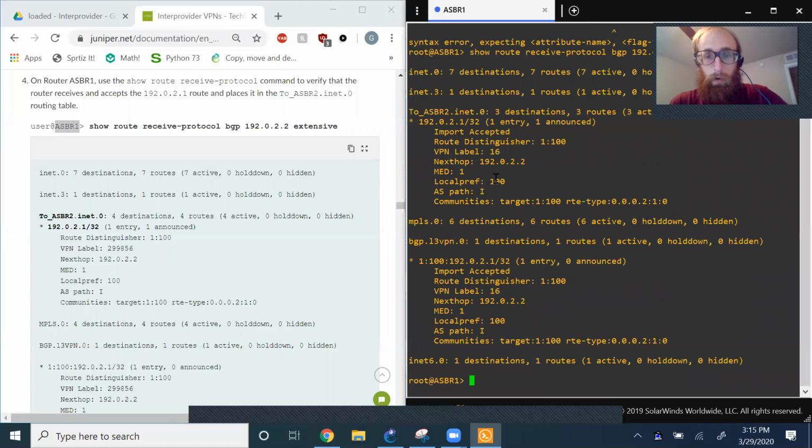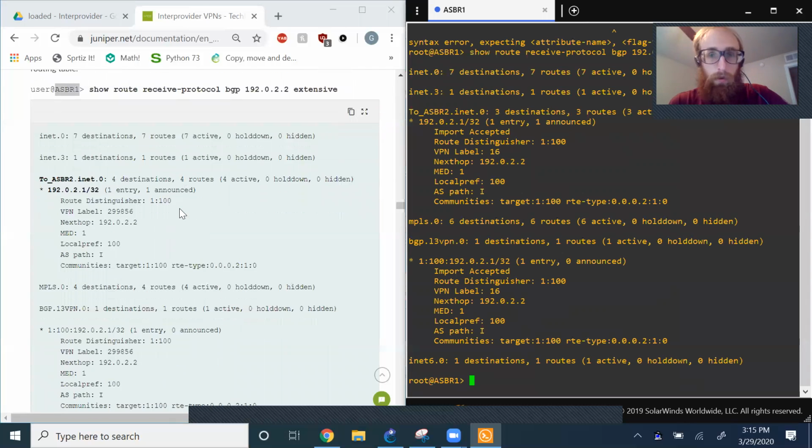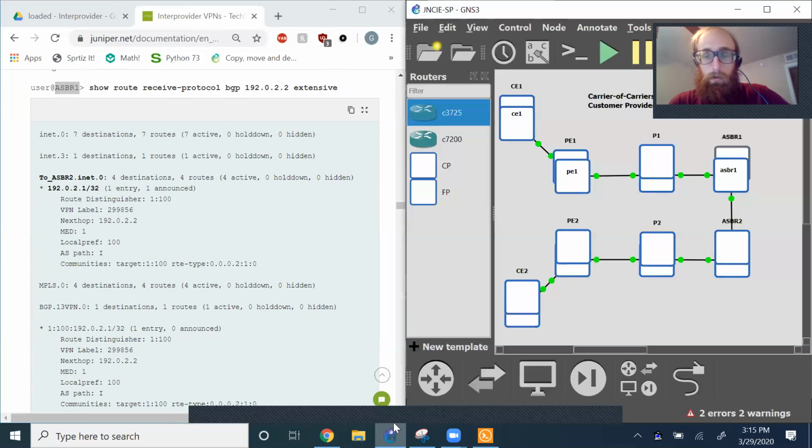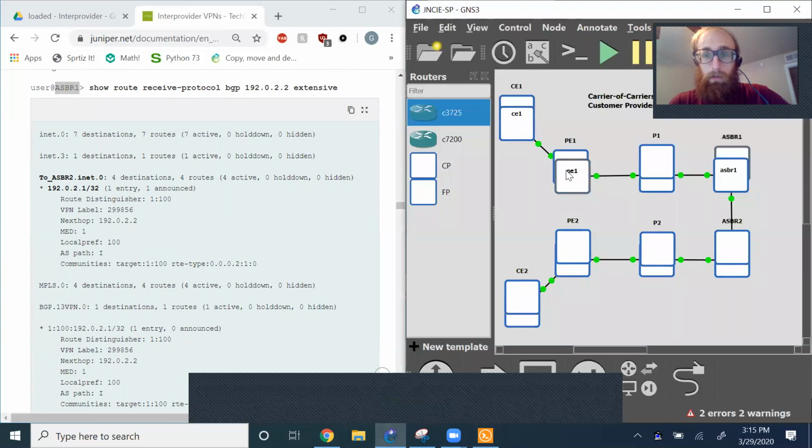Then I've got that more prompt, so I'll just tab that all the way out. And yep, this looks a lot better, which makes sense because we're not going to be receiving that loopback like